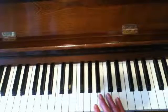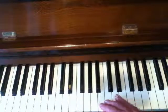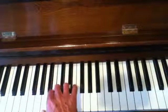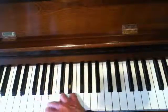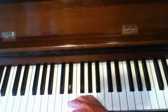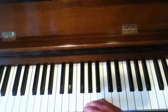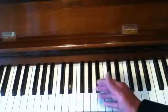What we're going to do is use all of the white notes, the notes that are found within the scale, and find that we can start in any location we want. And we're not going to be running up and down as if we're trying to make some sort of a scale. We're just going to find our creative ways to use all of the white notes to build interesting melodies